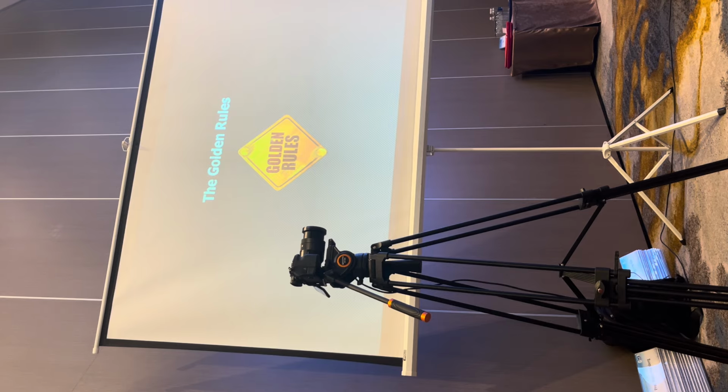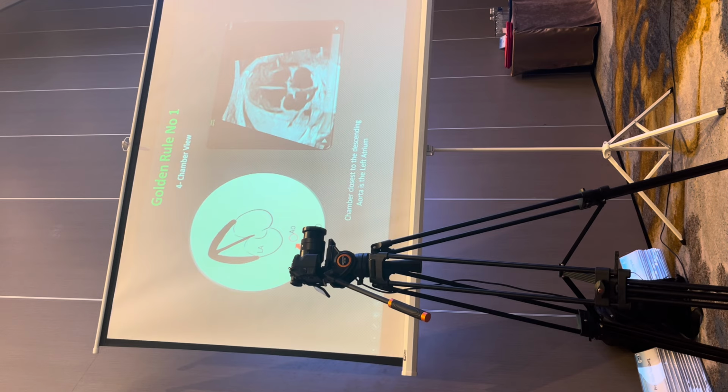But before we go to those abnormalities, which I will do section by section, I want to share a very basic rule with you. Every time you do a cardiac scan, I don't start by looking at the 4-chamber. I start by asking myself where is the descending aorta? Because once I know where the descending aorta is, it allows me to determine the left atrium, the left ventricle, the right ventricle, and the right atrium. There are very, very rare exceptions to that rule.